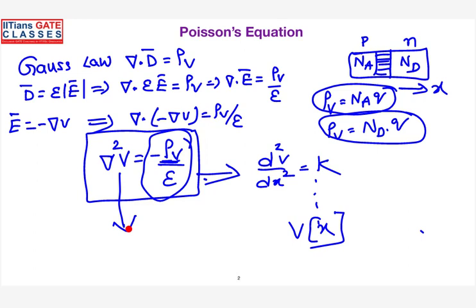Suppose the region is source free, suppose in the medium there are no charges, which means your rho V is equal to 0. Then the Poisson's equation will be written as del square V is equal to